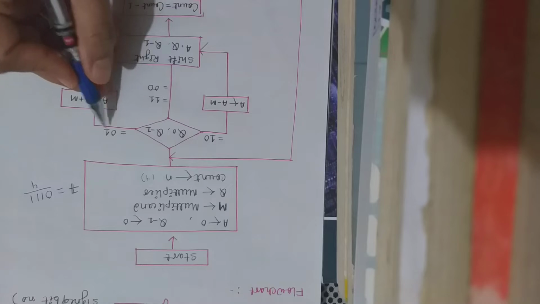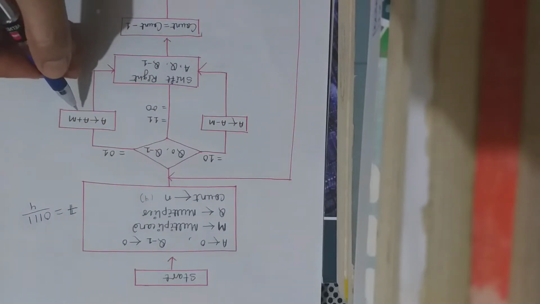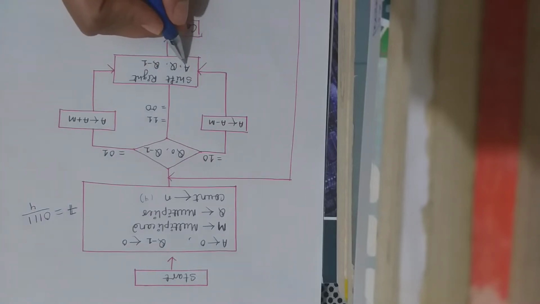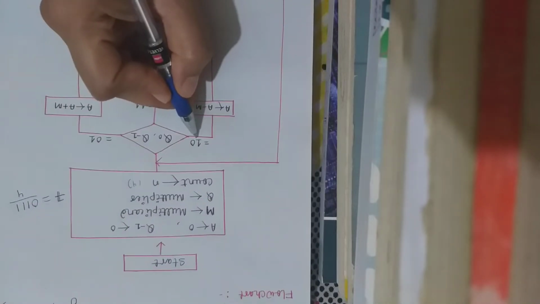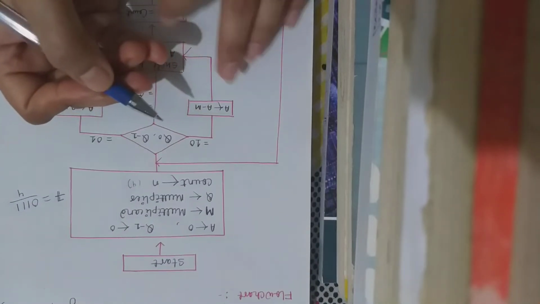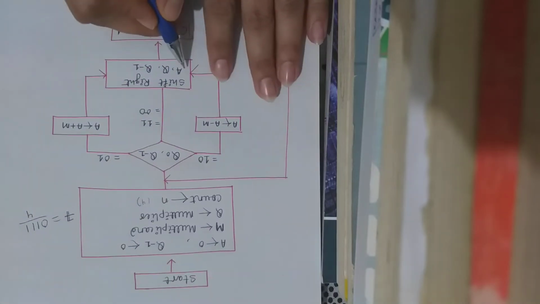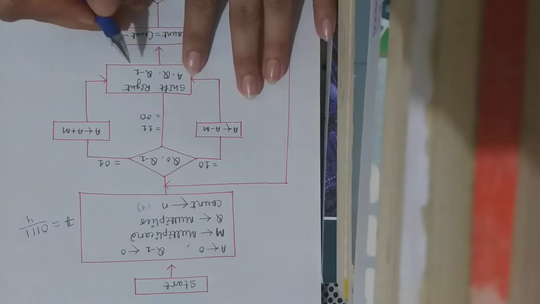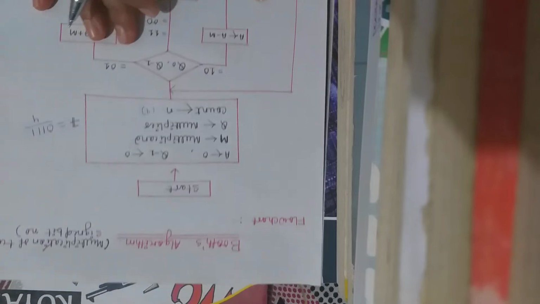If it is 0 1, that means A equal to A plus M, but here the cycle is not stopped. Again we right shift the three registers A, Q and Q minus 1. And if it is 1 0, then A equal to A minus M, then it goes to the right shift of the three registers A, Q and Q minus 1. This total is the flow chart of Booth's algorithm.